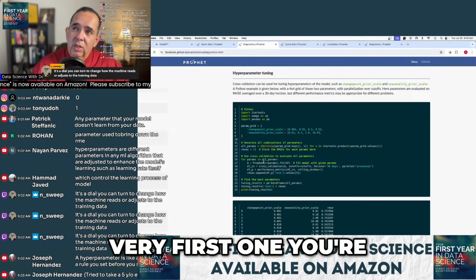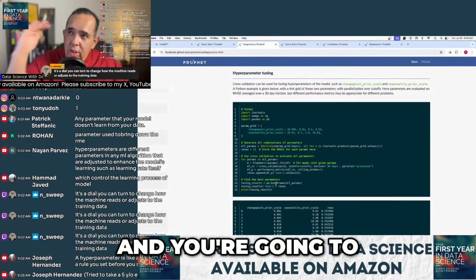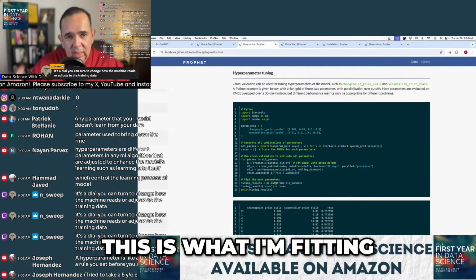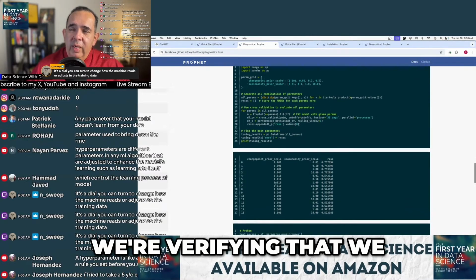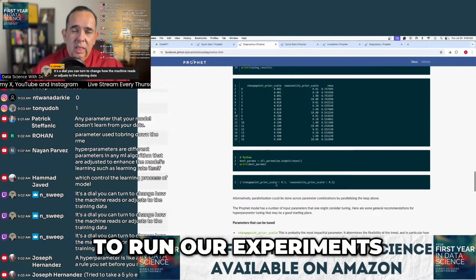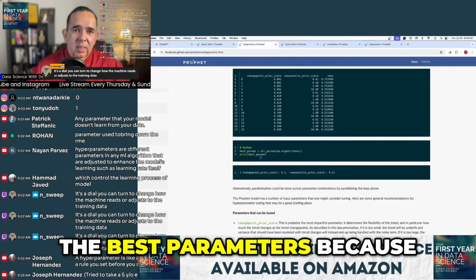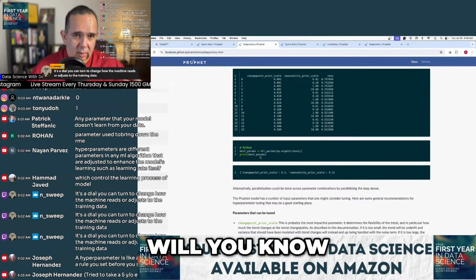You can see in the very first one, you're using all the parameters here, right? And you're going to go through and say, okay, this is what I'm fitting. These are the different things I want you to try. All right. So here again, we're verifying that we have everything that we need to be able to run our experiments. Here, it's telling you how to pull out the best parameters, because one of these permutations will emerge as